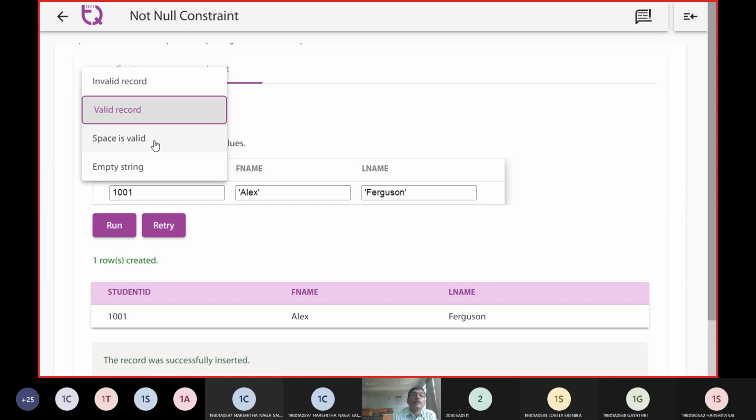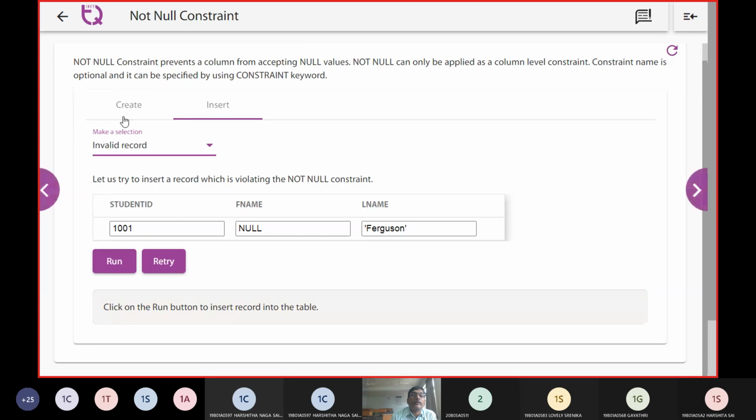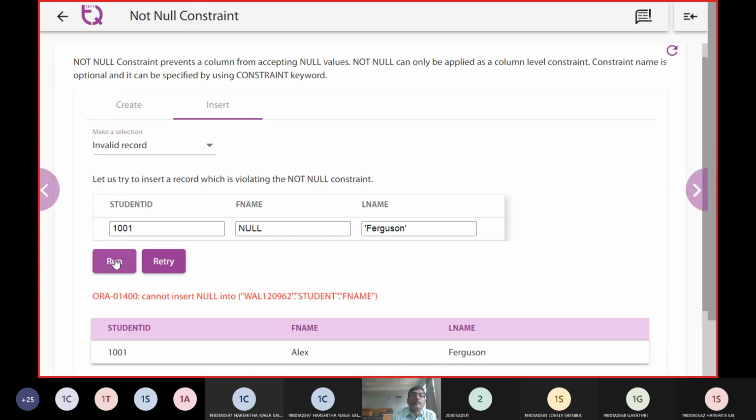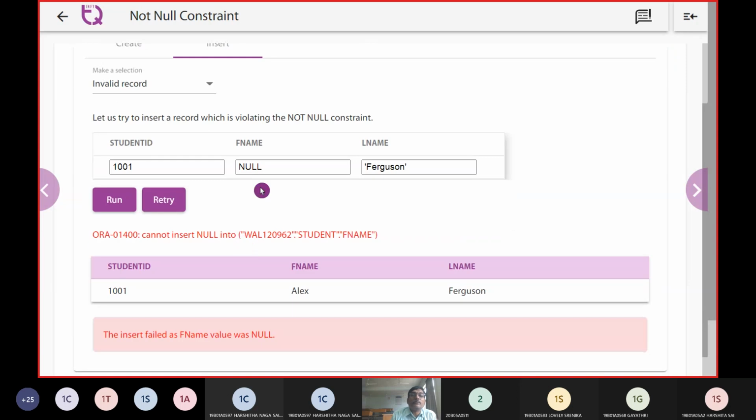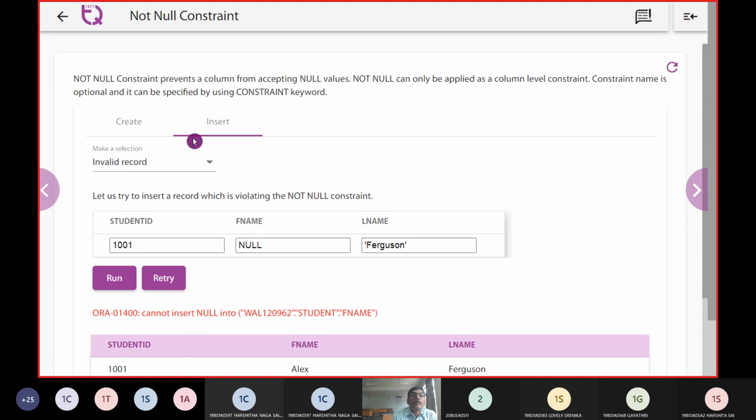Let us look at an invalid record, and then hit this. Now you can observe that for first name we have already given a constraint that it is not taking null values, but still you are giving a null value. Therefore, it says that the insertion is going to fail.